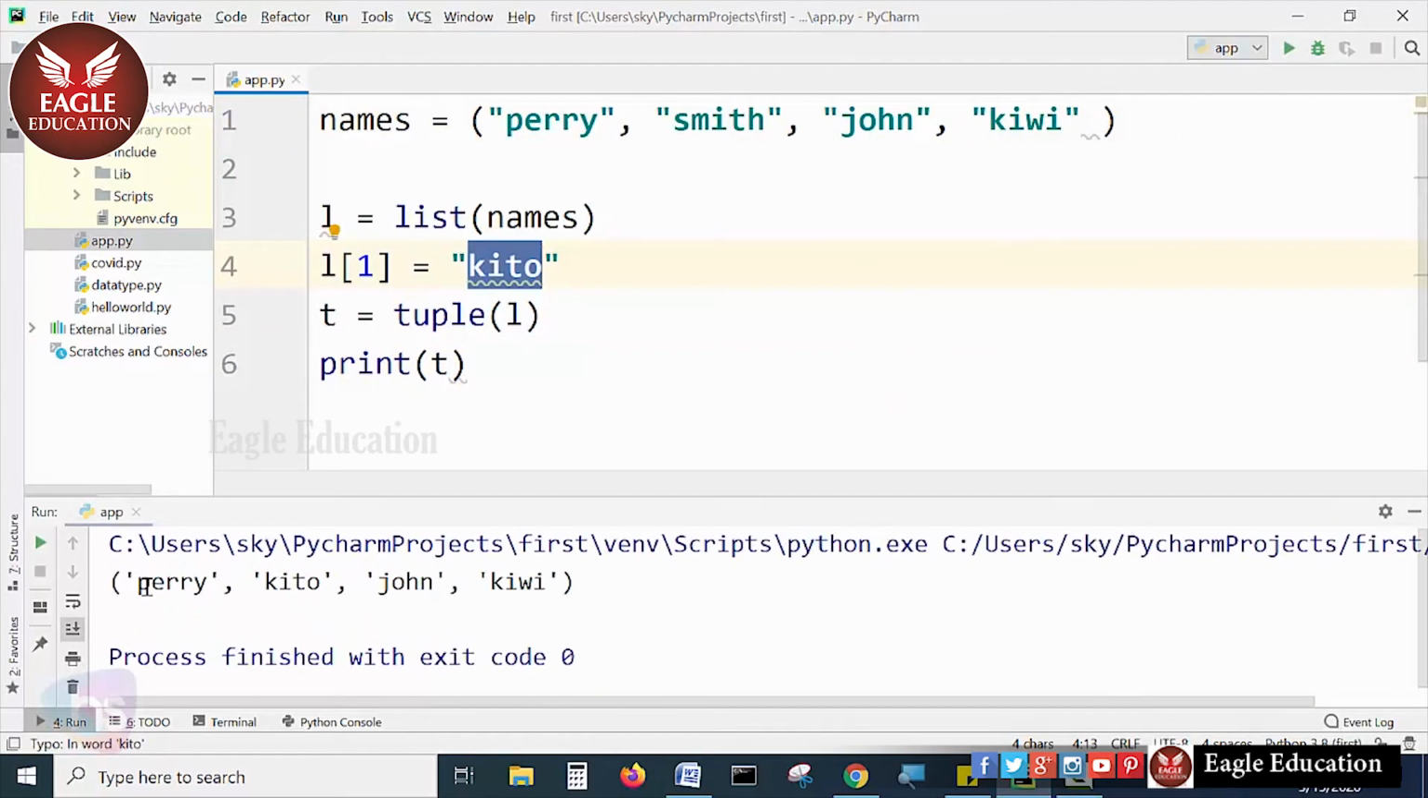Now see here, Perry, Kito, John, Kiwi. Perry, Smith here, and we are replacing with the Kito. And John, Kiwi is the same. Alright, this is such a beautification the Python provides. And if you want to